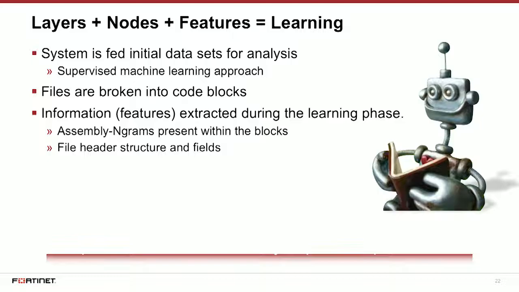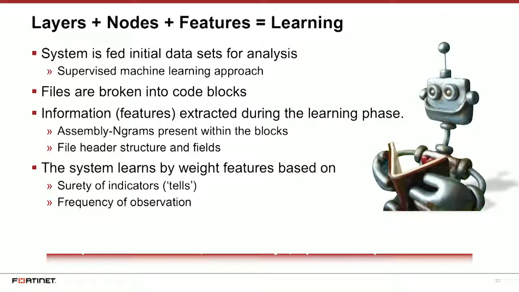Basically, file header structure and fields, in the case of static analysis, and assembly n-grams present within the blocks. If you guys ever saw an executable file in a disassembler, it has these little blocks. At the end, there's a conditional statement that may branch to yes or no, and then you have another block of assembly instructions. Okay, this obviously needs to be normalized,